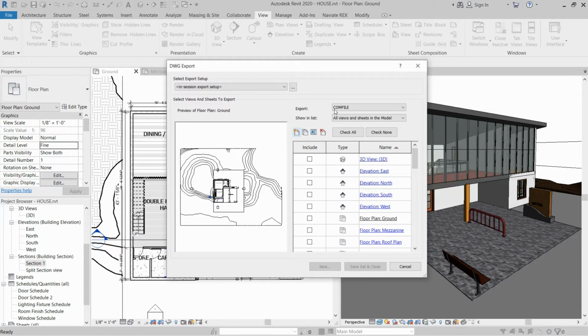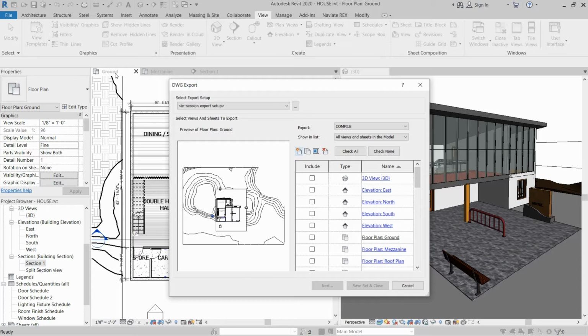So as you can see, once I have created a new set, I have all the active drawings and sheets, including the section views and the ceiling plans, floor plans, everything is showing in this list. So I will select the drawings which I want to export. I have to export ground floor, mezzanine floor, section 1 and the 3D view. So I will click on include 3D view, include floor plan at ground, include floor plan at mezzanine, and then